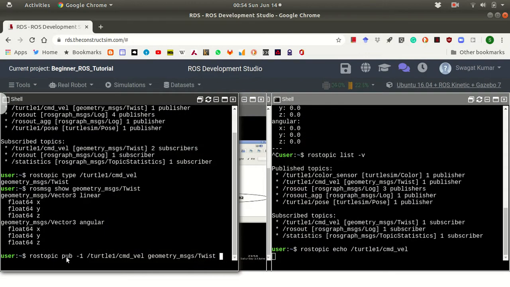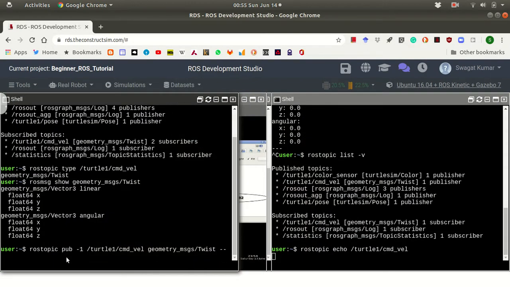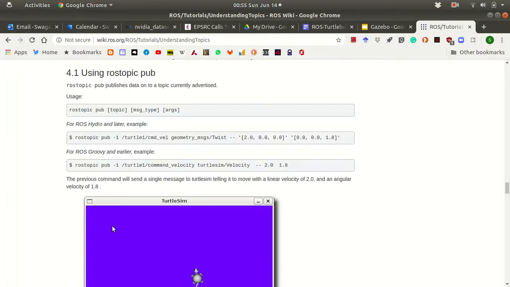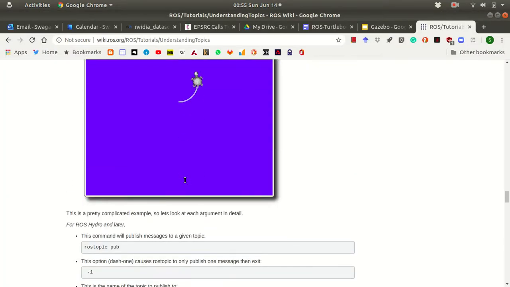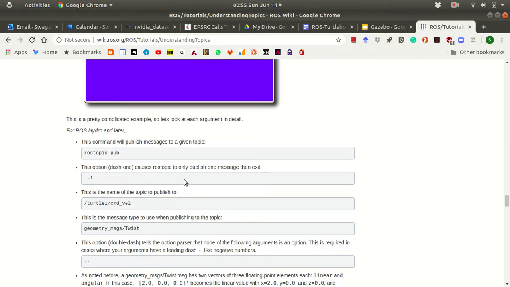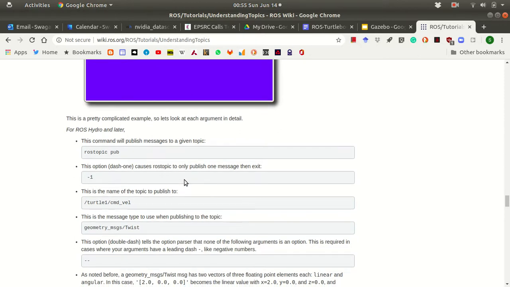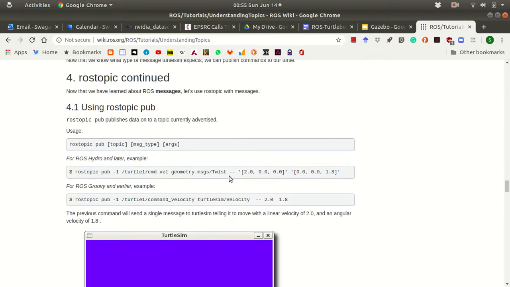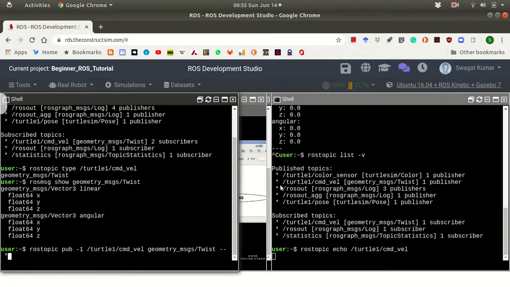The double dash says that these are not an option, these are the values. So we give 2.0, 0.0, 0.0,